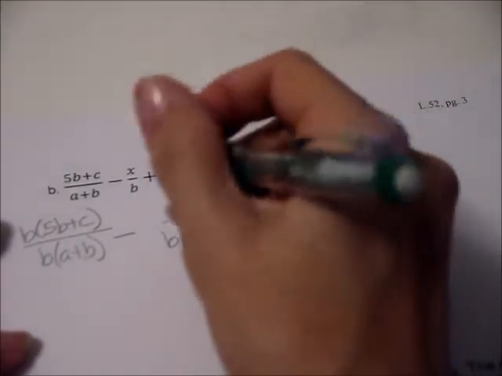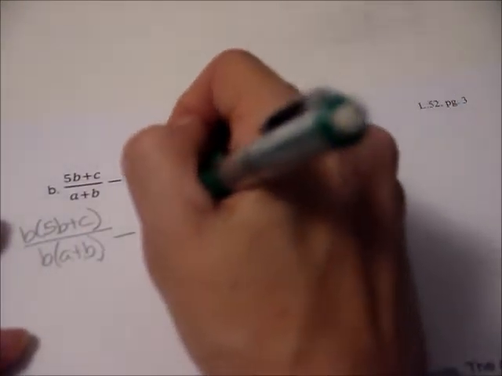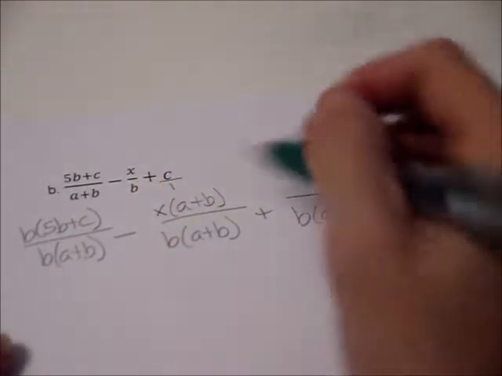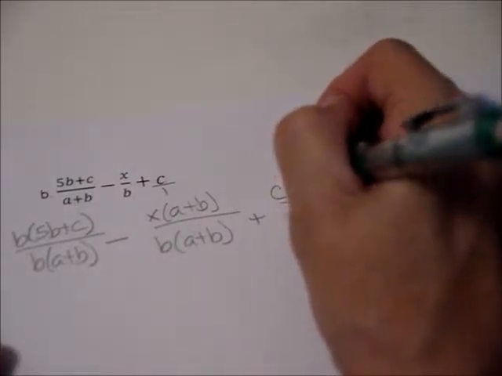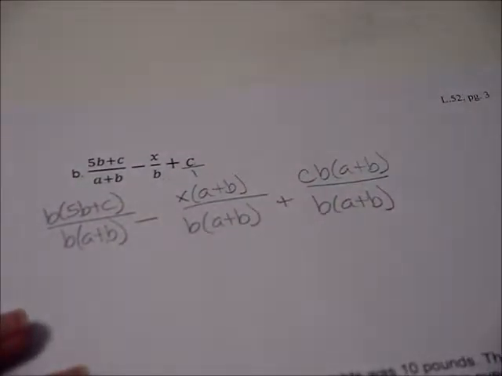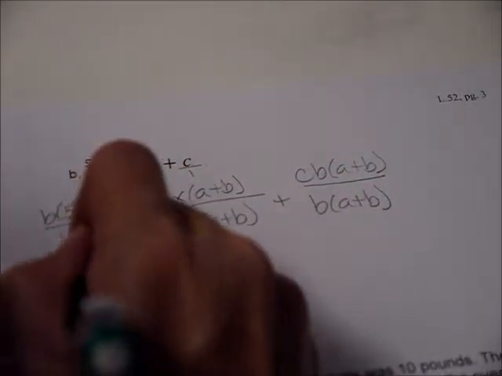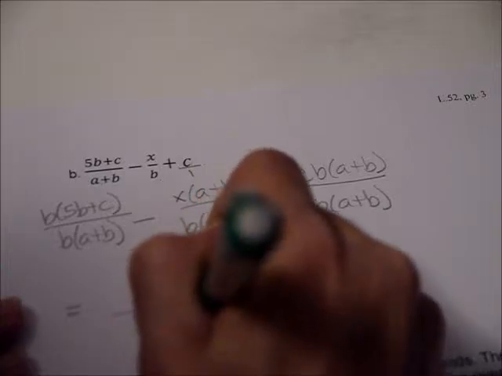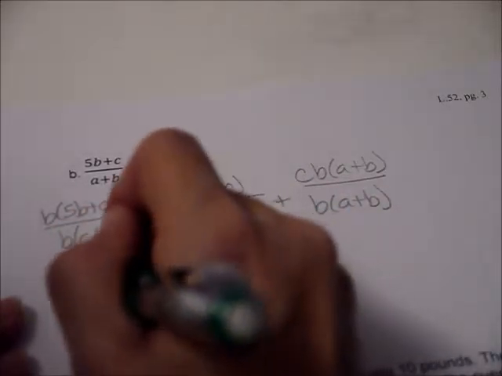And it looks like we multiply the top by a plus b. And on this one, we multiply the top by everybody. And there we go. And then if we put everybody over the same denominator, we have